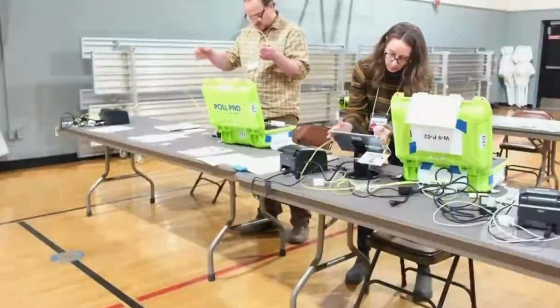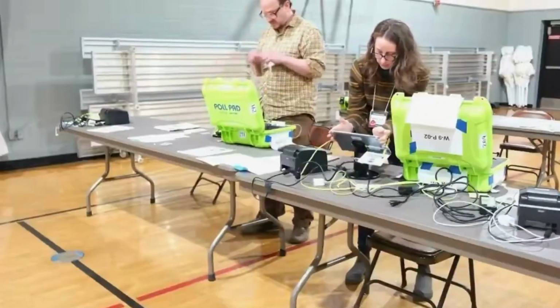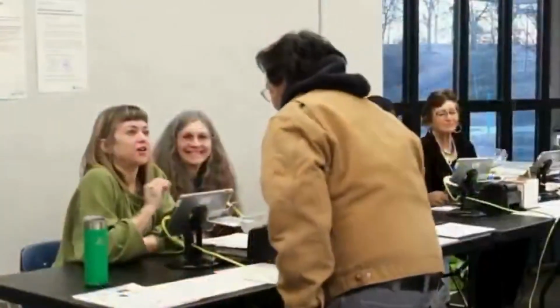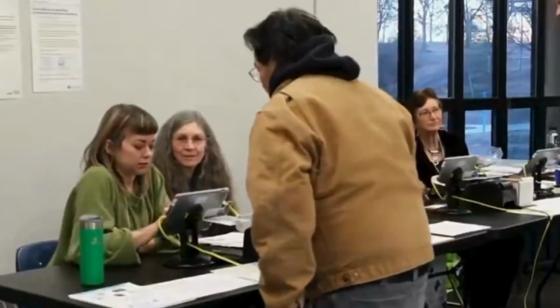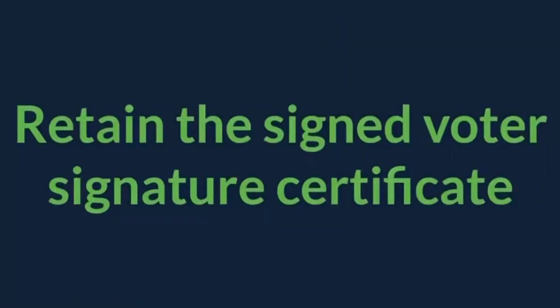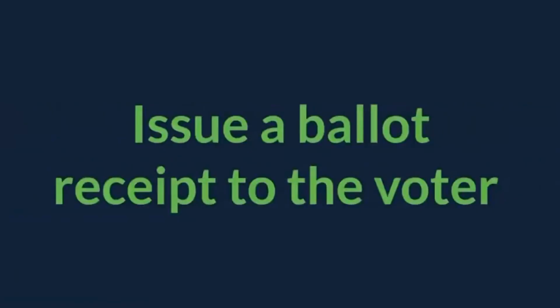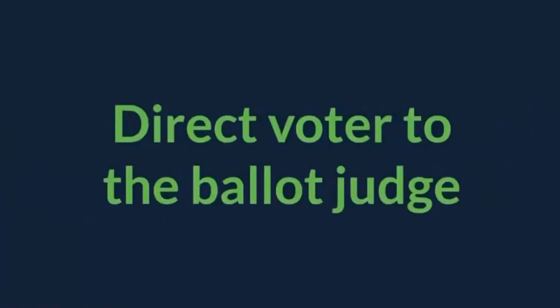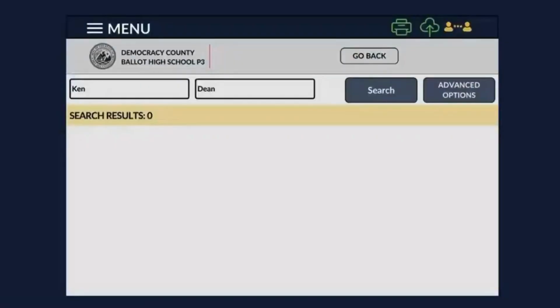Now, if an electronic roster is used, search and find the voter's name, ask the voter to confirm their name and address, and have the voter review the voter's oath. Instruct the voter to sign to affirm the voter's oath. As the judge, you will retain the signed voter signature certificate, issue a ballot receipt to the voter, and direct the voter to the ballot judge. Please note that the signature may be electronic on the screen or on paper, so follow your local election official instructions. Sometimes it is difficult to find a voter's name. Check for spelling errors or